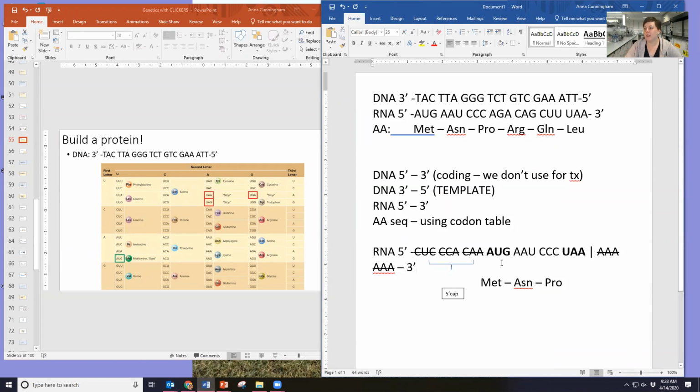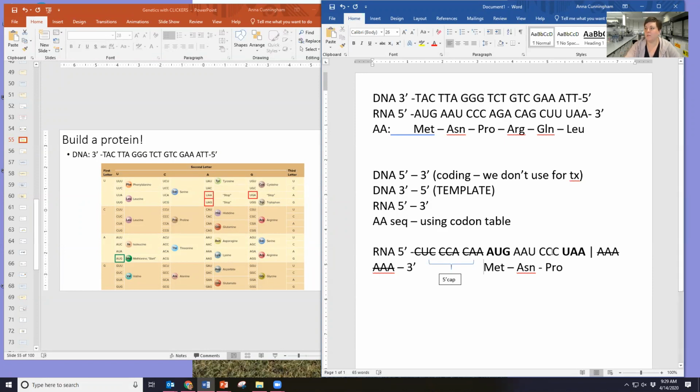You translate the codons. For example, your start codon is AUG, and then AAU, CCC, those are codons that